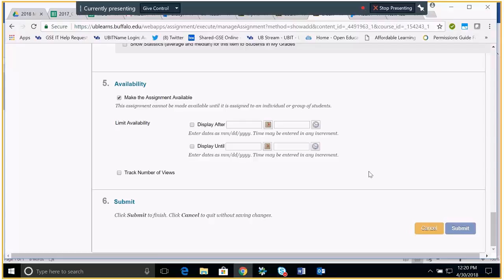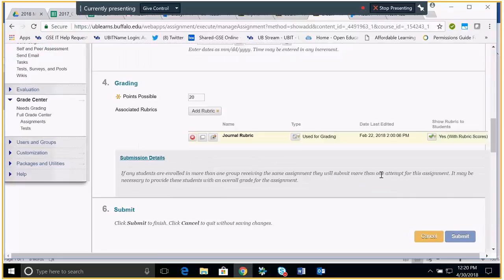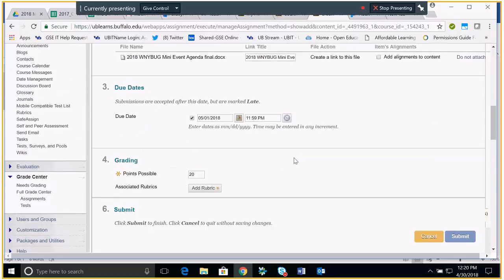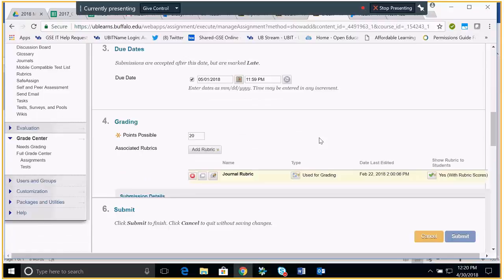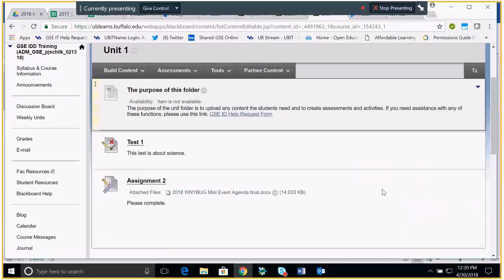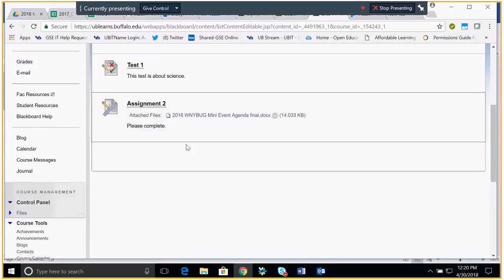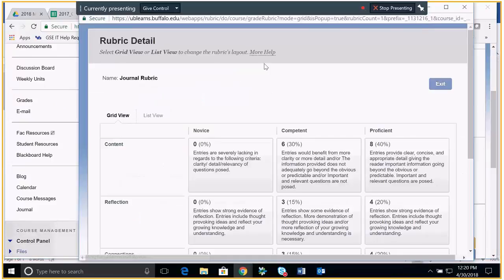So now that I have all of my items chosen, and my rubric attached, and my points possible there, and my attachment that they need to use, I would hit submit. And now the assignment is created, and you'll see it's available, and you'll see my file there that I attached. If I was to click on it, students would also see the due date and the points possible. They would click and be able to see the rubric,